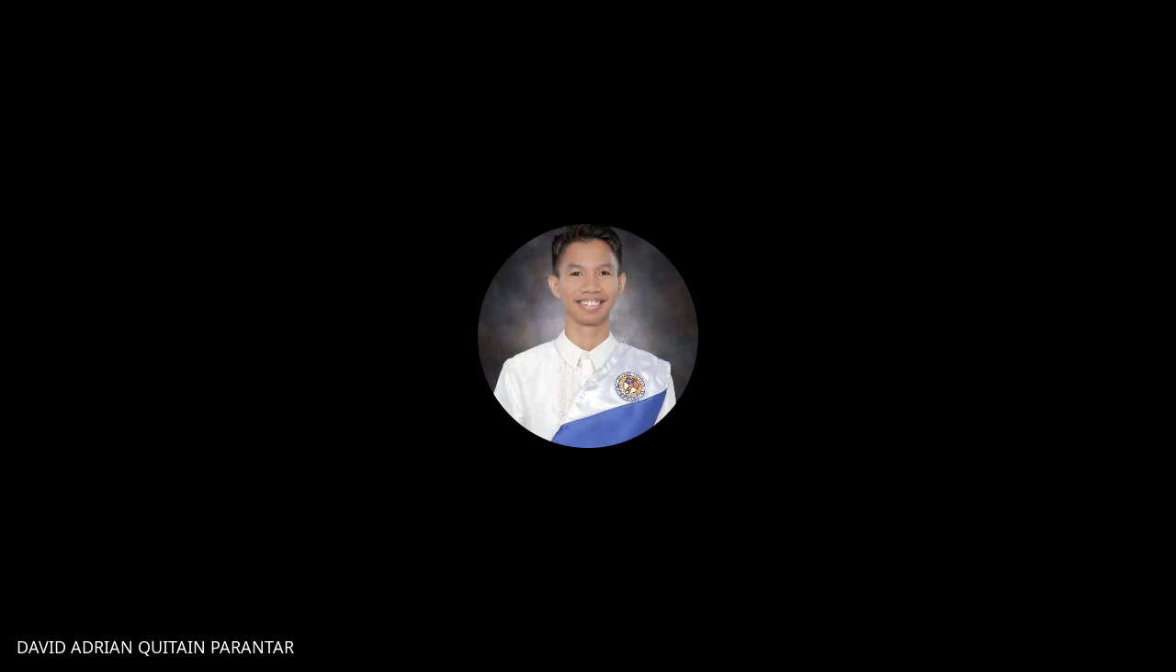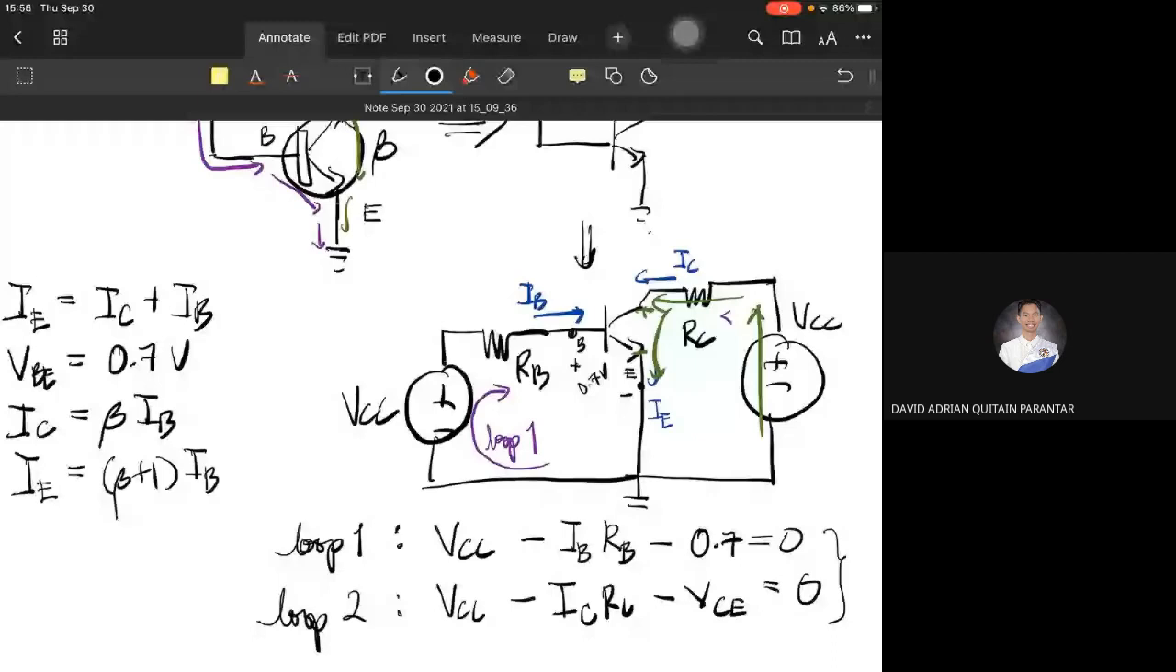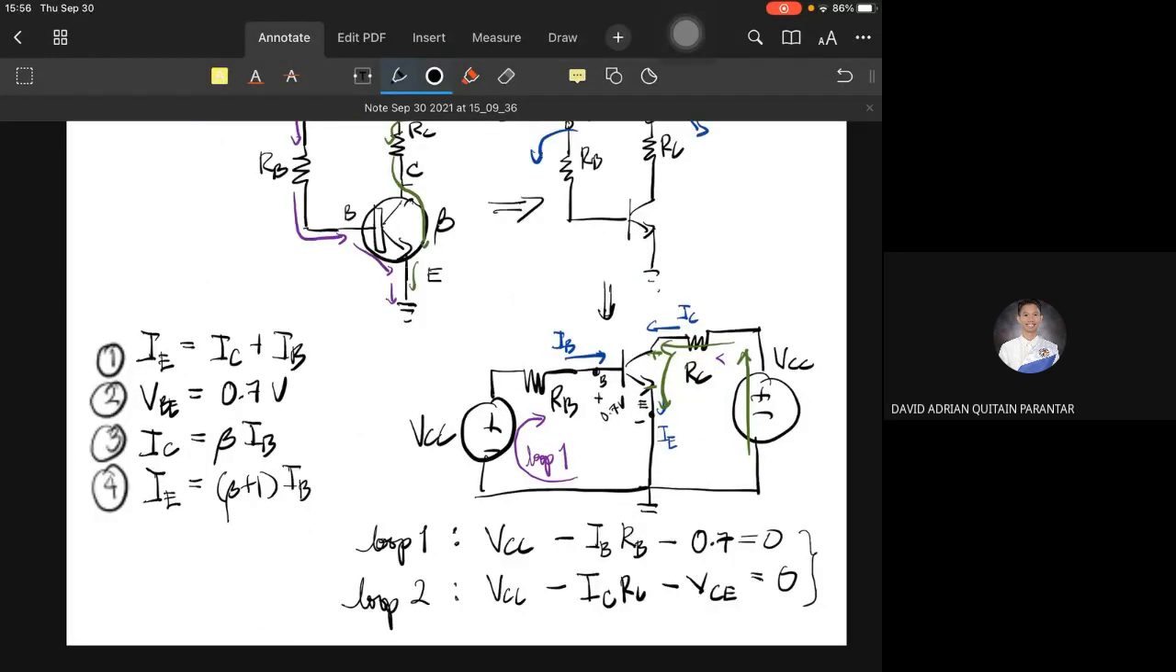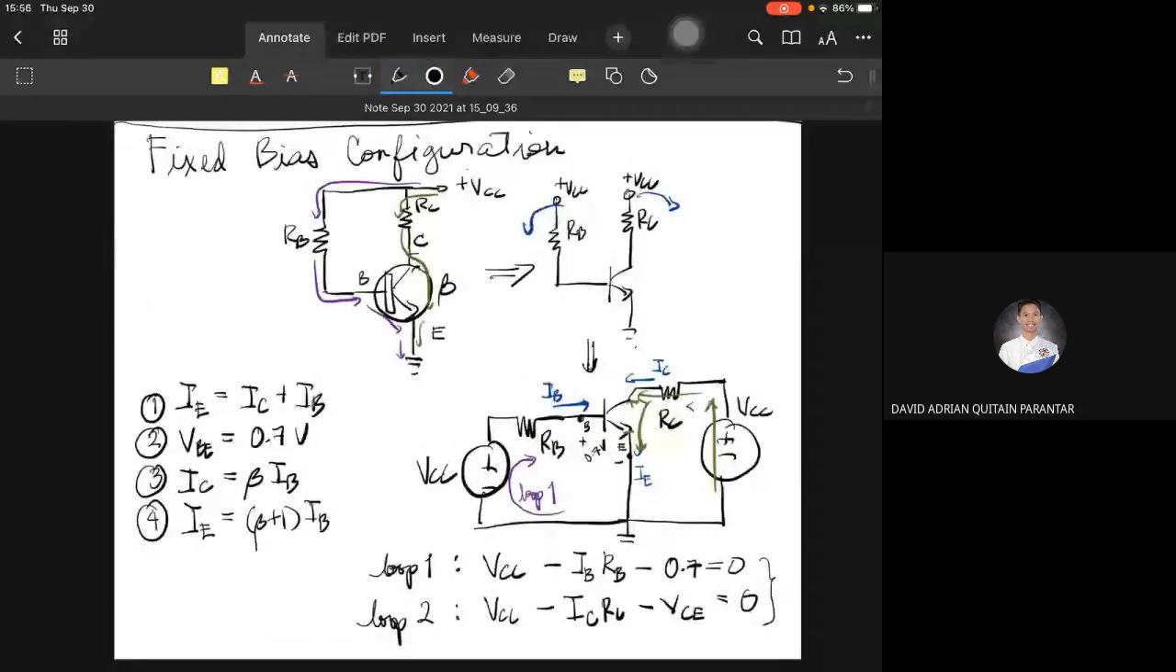So VCC is given, RB and RC are given, IC could be obtained when IB is available. So one of the unknowns, and VCE is the last unknown. Okay, so far, before I go further,